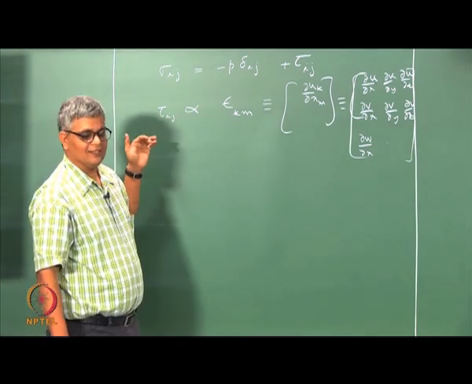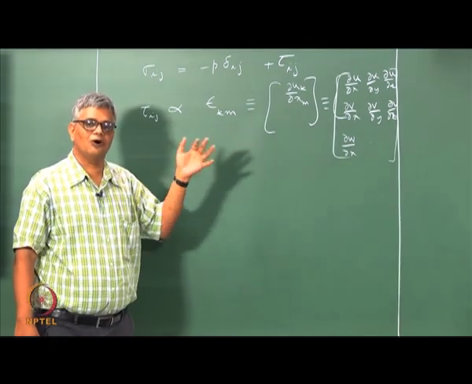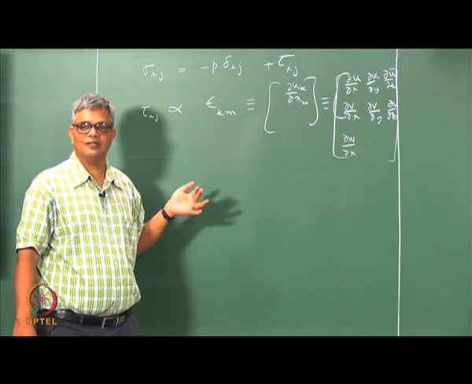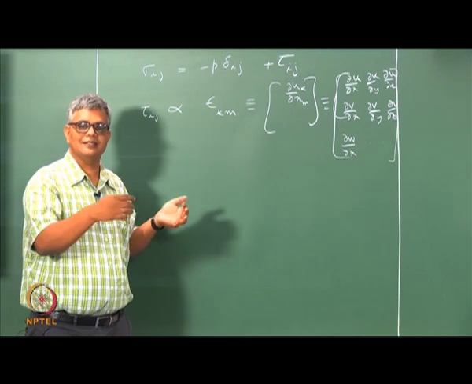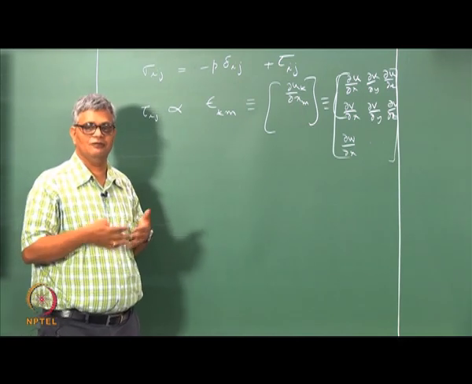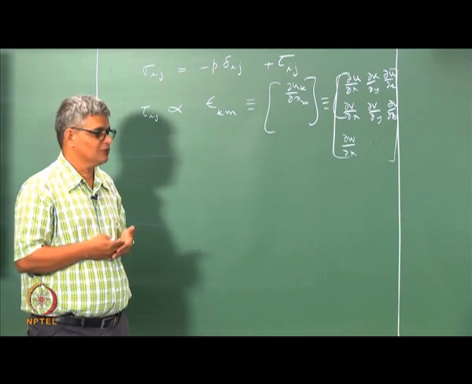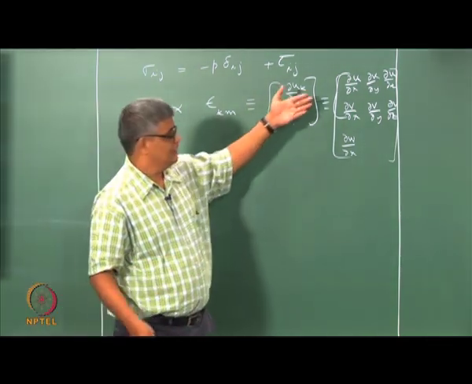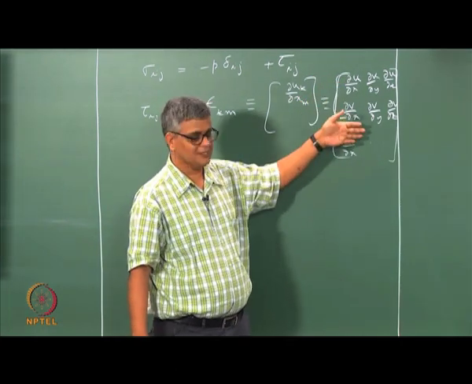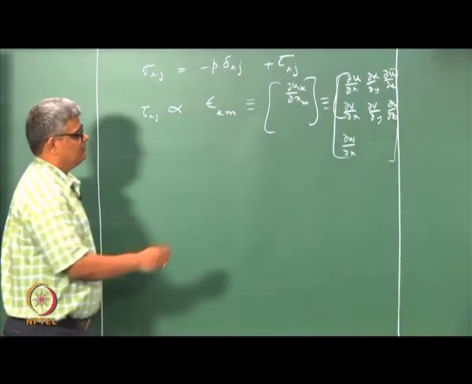We note that the distortion of the rectangular element is possible only when the four corners of this, the ABCD, have different velocities. If they have the same velocities, then they are just translating in a certain direction without any distortion. When ABCD have different velocities, there is relative motion within the fluid continuum, and that relative motion is present in the form of non-zero velocity gradient components, which give rise to different deformations.